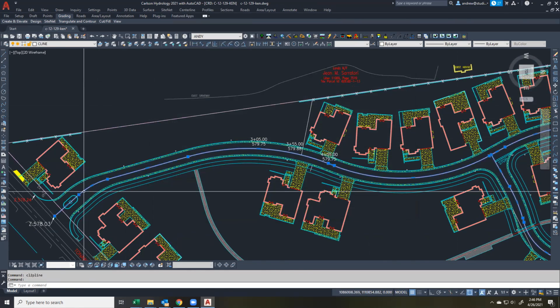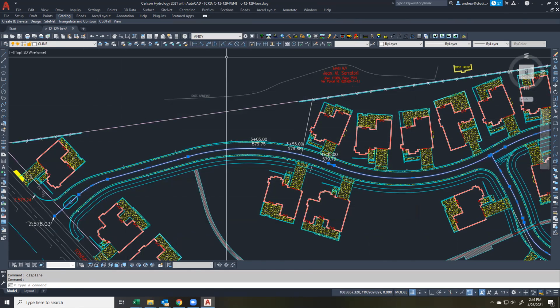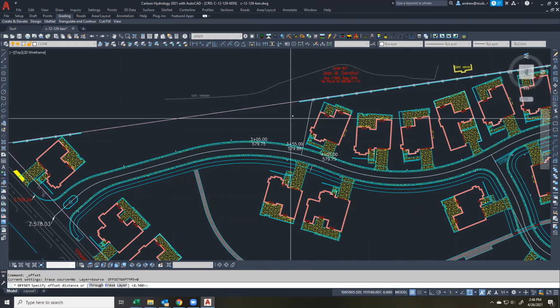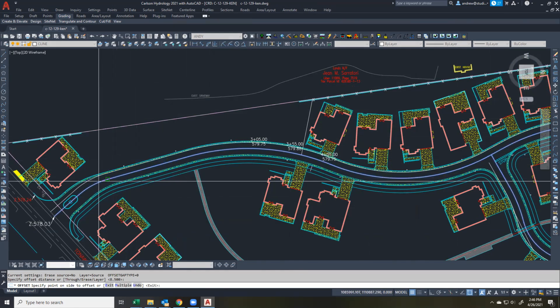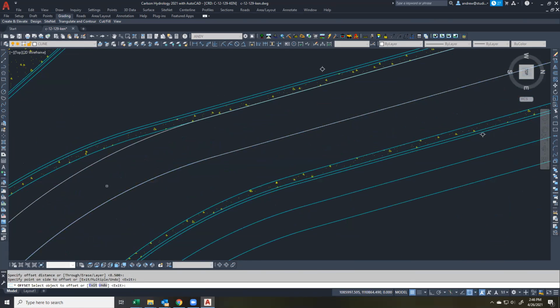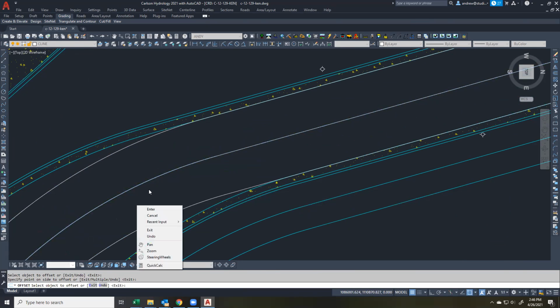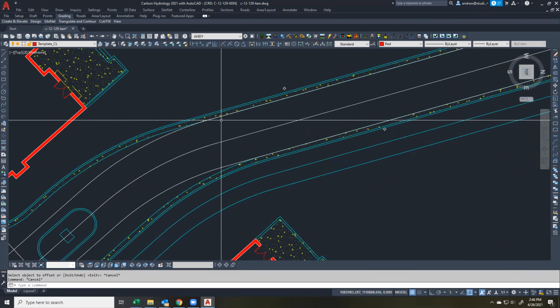There it is, and when we select that, that's what I was looking for. All right, so now we're gonna take that 8.5. We'll go there. There we go. All right, now